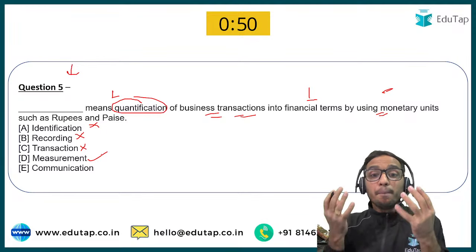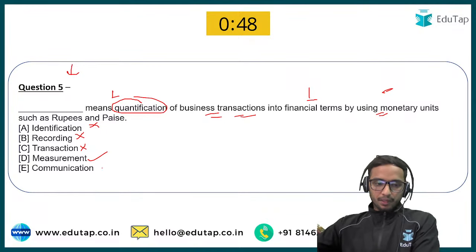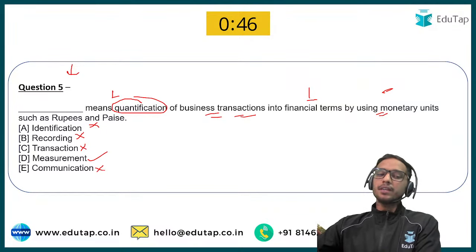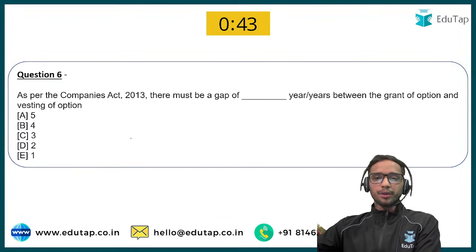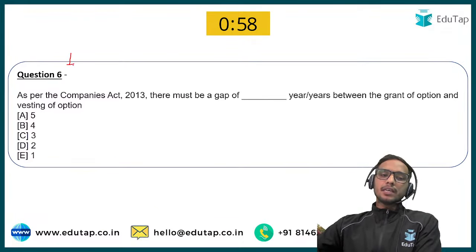This is called measurement of the business transaction, right? And option number E is also eliminated, that is communication. So the correct option would be option number D here. Okay, question number 6 says, as per Companies Act 2013,